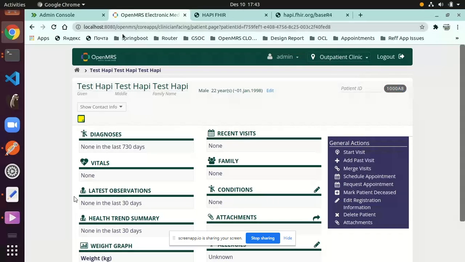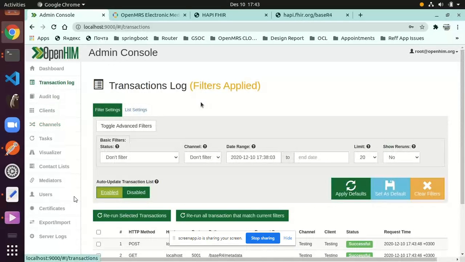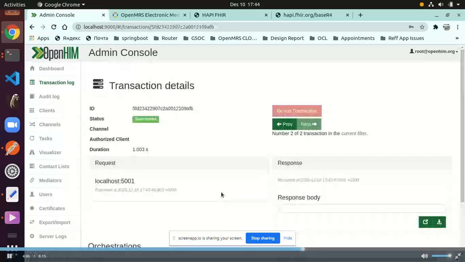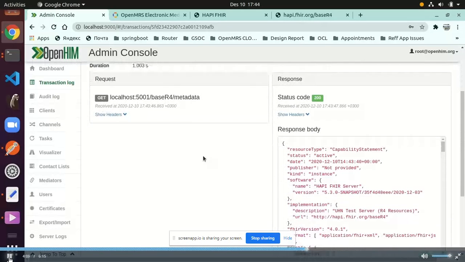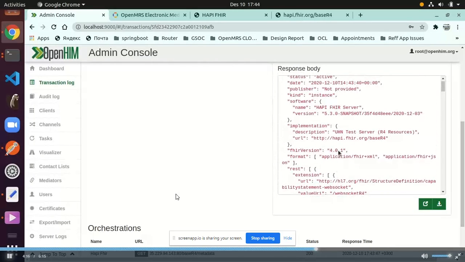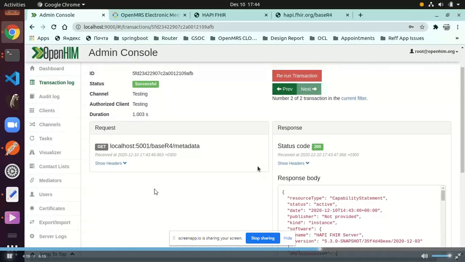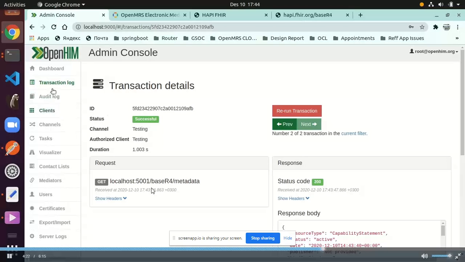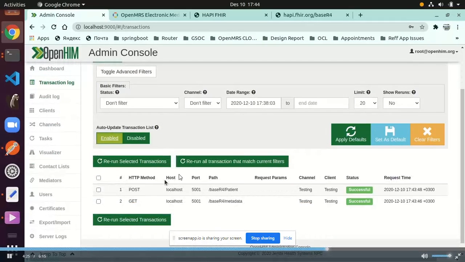Now I go to my local OpenHIM instance and I check the transaction logs. I can see OpenHIM has tracked the changes. The analytics engine uses a HAPI client to send the data. So the first thing the HAPI client does is to request a capability statement from the HAPI FHIR server. So I can see that transaction was recorded. And the other transaction that was recorded was the POST,